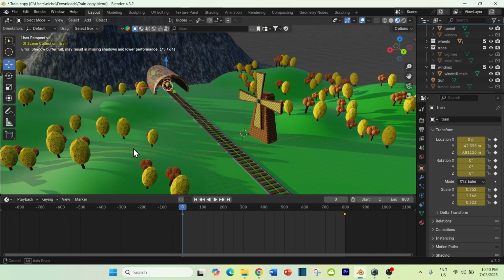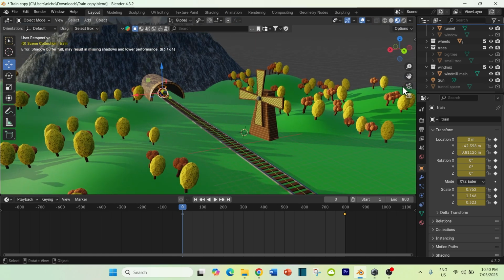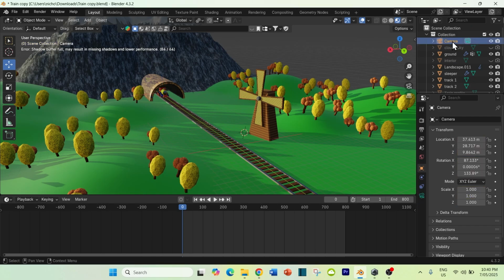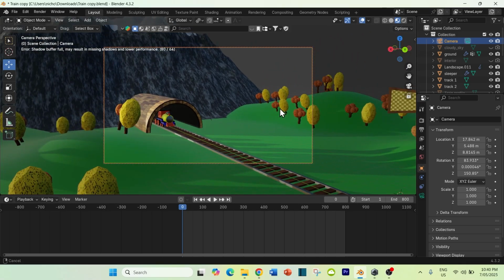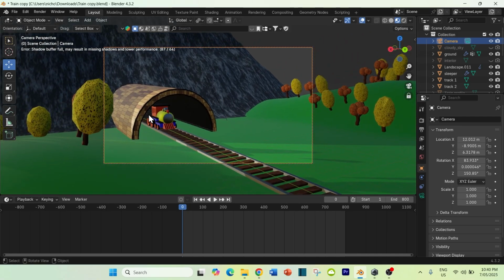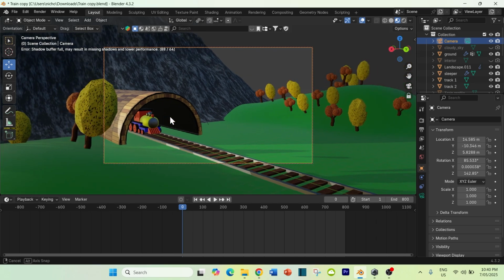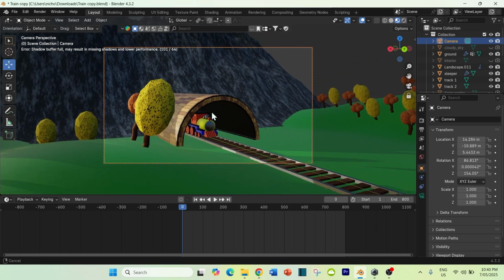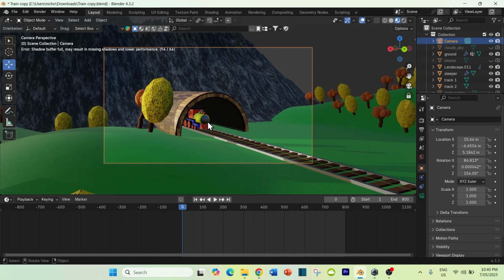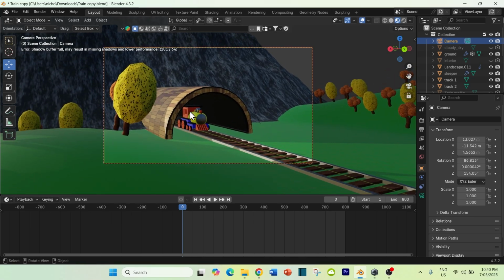And now what we're going to do is animate the camera. So make sure that you've selected camera up here in the menu, and now go to camera mode, and you can set up your first shot. If you want your first shot to be here of the train about to come out of the tunnel, set that up, arrange it however you like. That looks okay, and I'm going to press I,